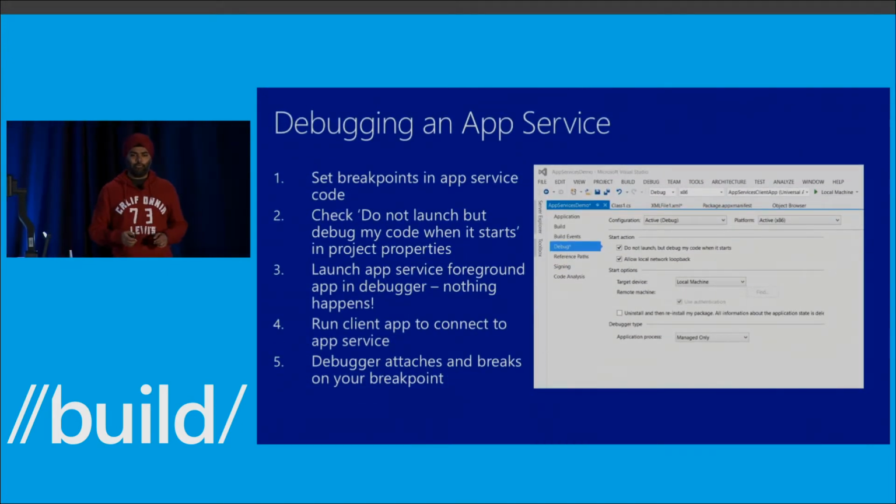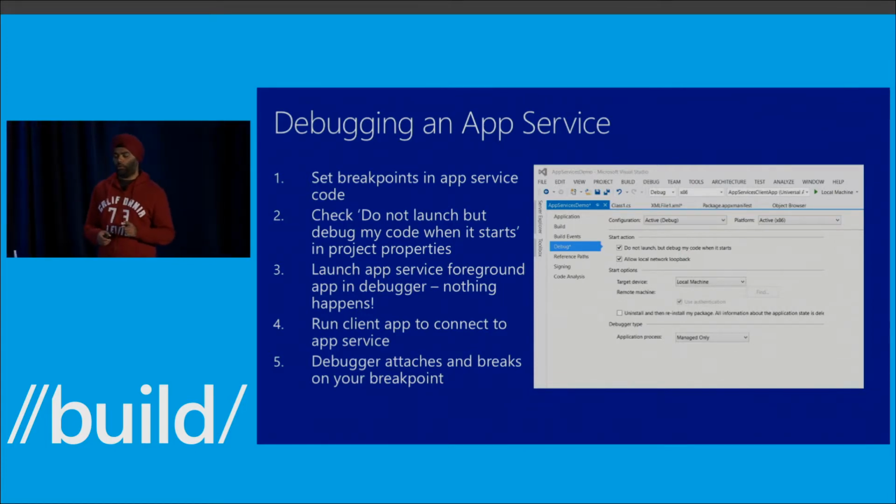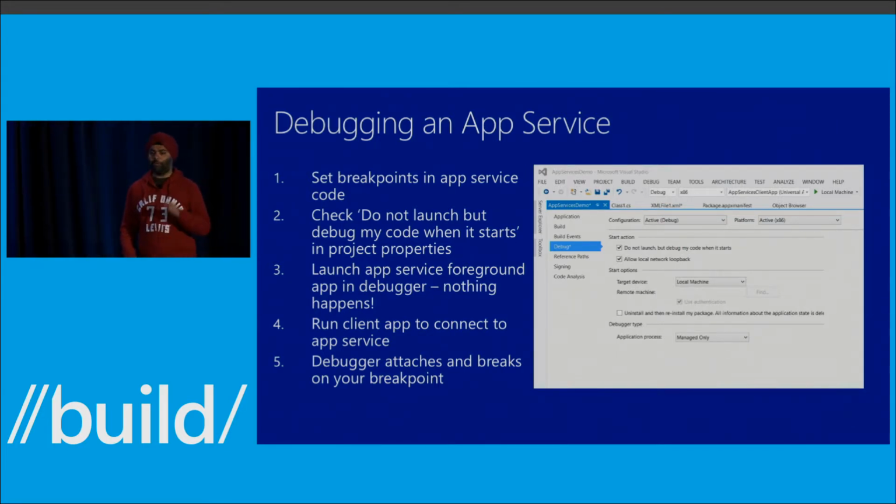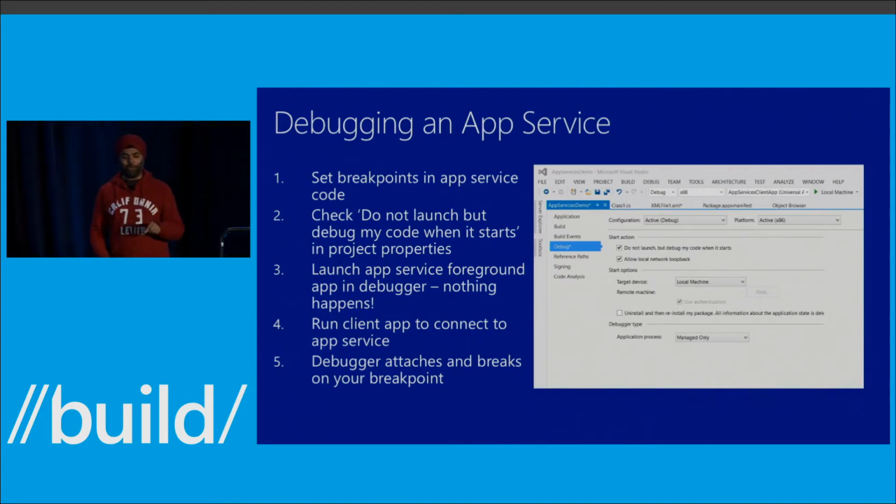So before we move away from app services, there's one more thing I'd like to talk about, debugging an app service. Because it's going to be hard, because Visual Studio can't launch your app service with the debugger connected. Your app service will be launched by another app, and you want to debug the app service, not the other app. So this is how you do it. You right-click the project, in my case, Fabricam ShipTrack, and you tell the debugger, do not launch this app, but lie in wait for when the app launches, and then pounce on it and attach the debugger. And it'll do that for you, I promise you. We did a lot of work to make this simple to do. So you can do this.